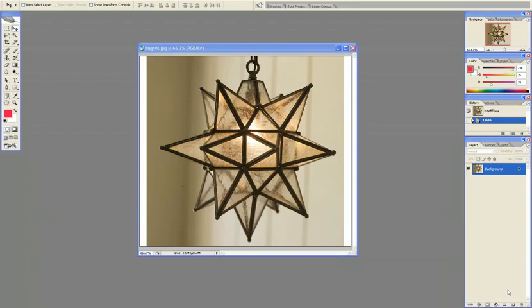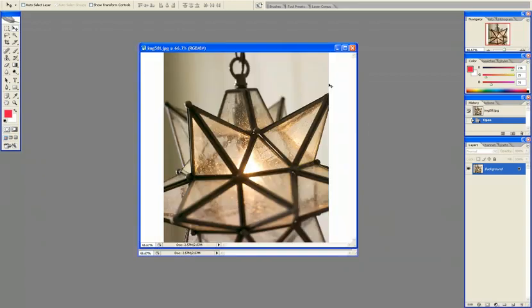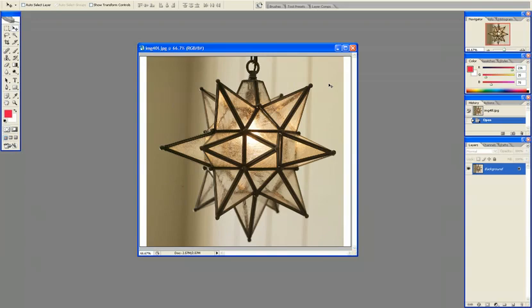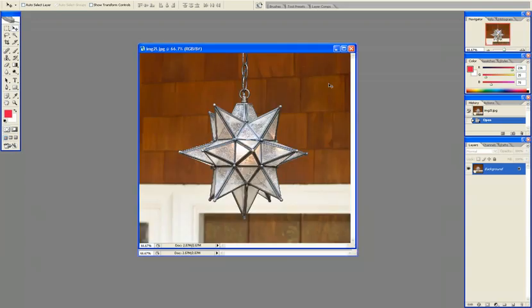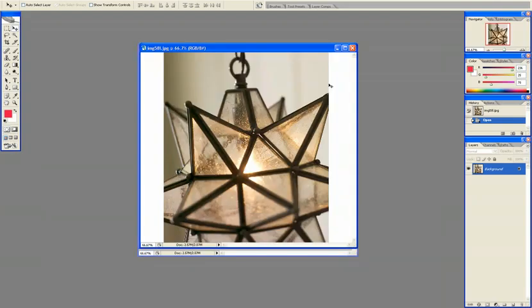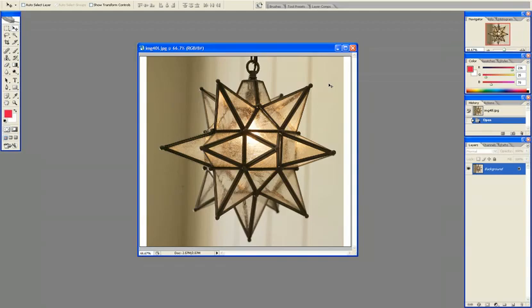In this video demonstration, we are going to model this wonderful light fixture manufactured by a company called Pottery Barn, and you can go to their website www.potterybarn.com and look for additional information about this object. It's called Olivia Star, and since this is a real life object and it's sold online or in the retail